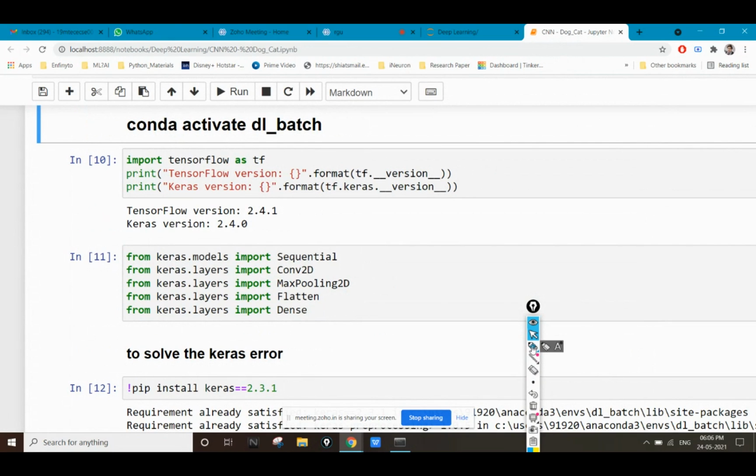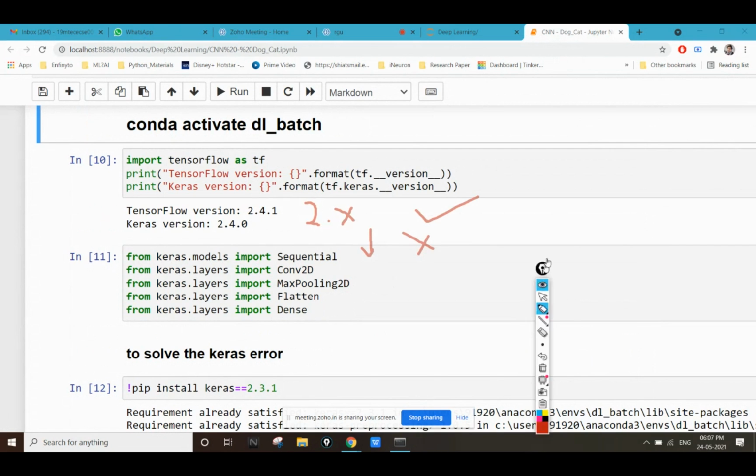You should have a TensorFlow or Keras version of 2.x. 2.x is acceptable to us, and any version below 2.x is not acceptable to us.